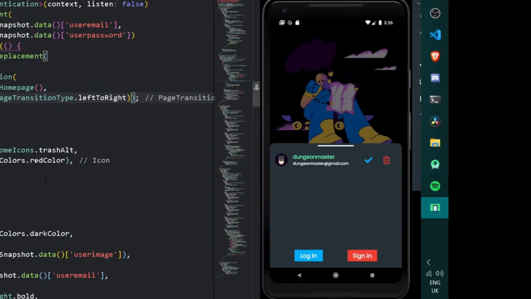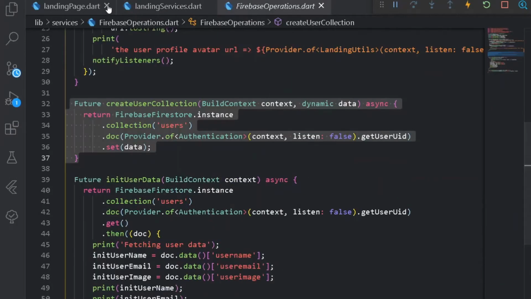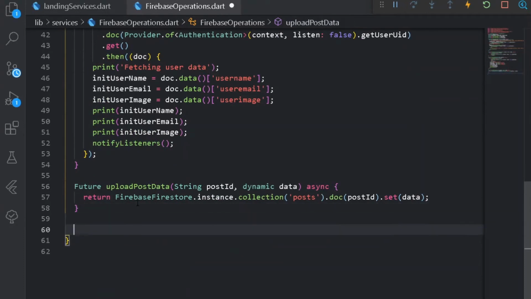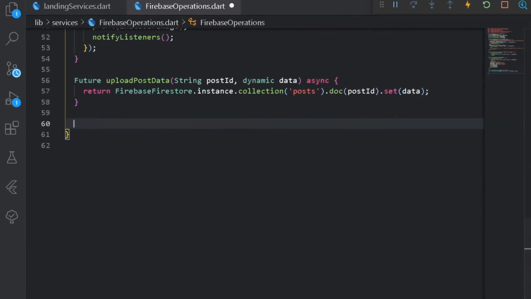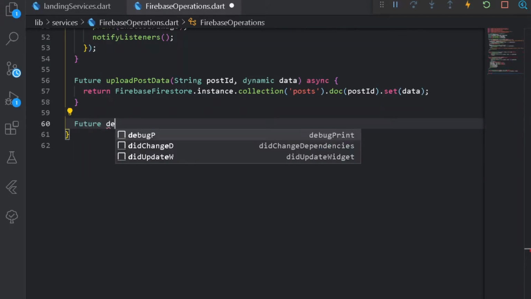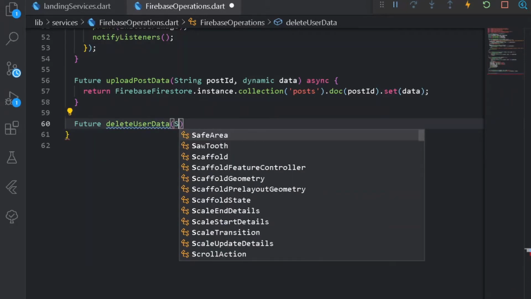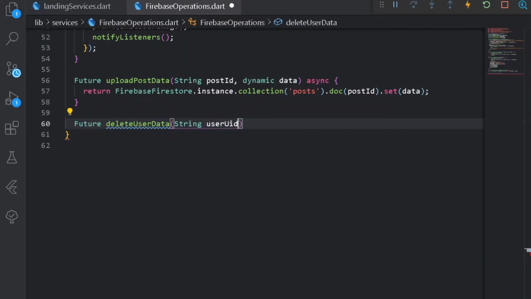We also have to add the functionality of deleting the following account from the Cloud Firestore itself. So for that purpose, let's move under our Firebase operations and create a new method for deleting the user data. So for deleting Cloud Firestore user data, I can simply write here Future, that is a future method, and here I will be writing a new method of deleteUserData. Under this, it will be taking a string to be user UID.